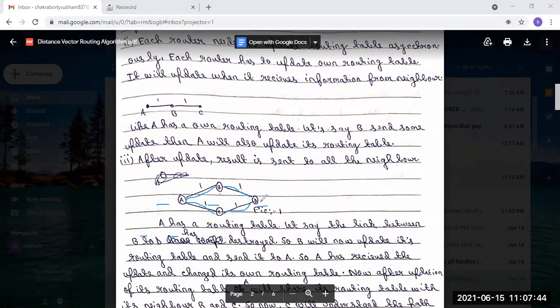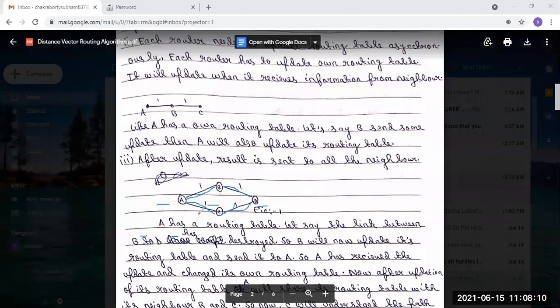From network A to network D, it goes via B, and from network A to network D, it also goes via C. All the costs are 1. From A to B, the cost is 1. From B to D, the cost is 1. From A to C, the cost is 1. And from C to D, the cost is 1.